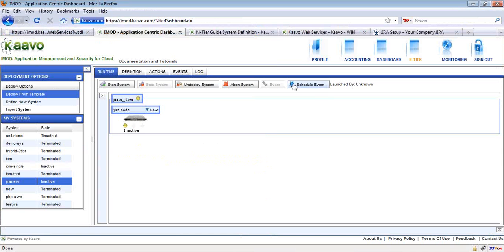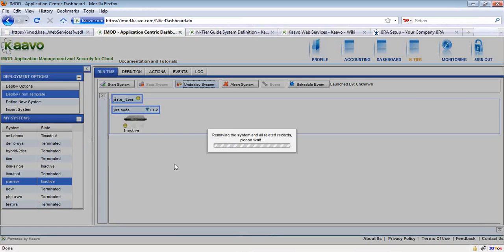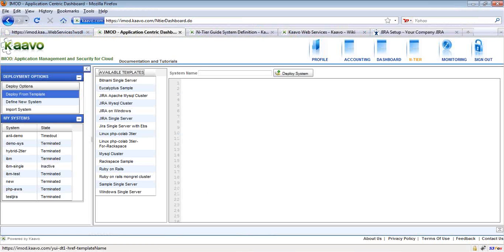And I have to delete it because otherwise it will complain that a system definition with the same name already exists.